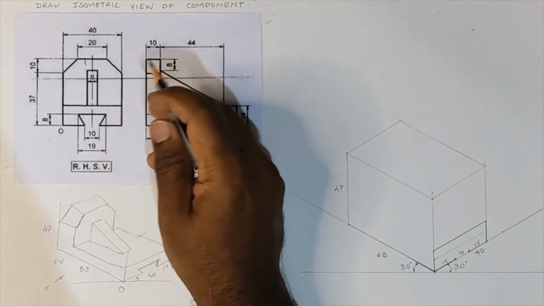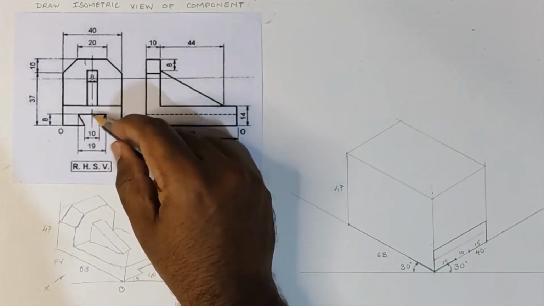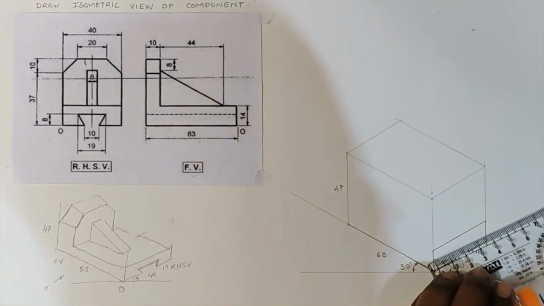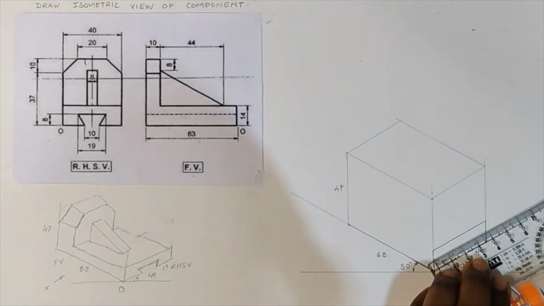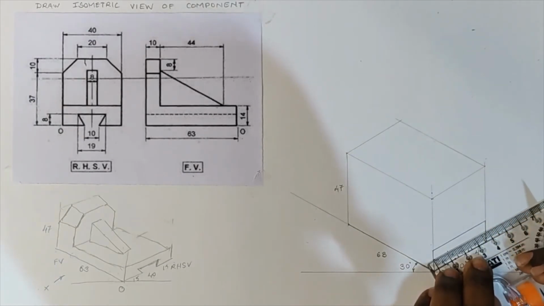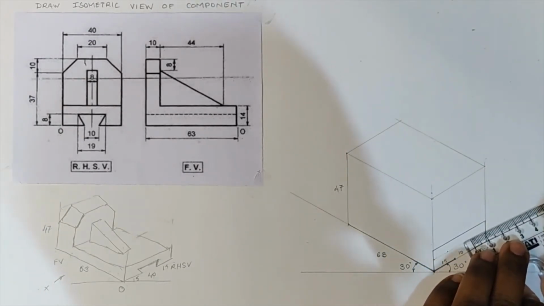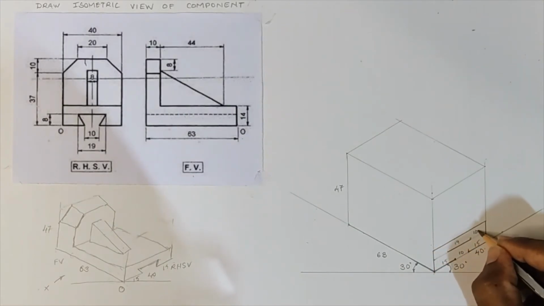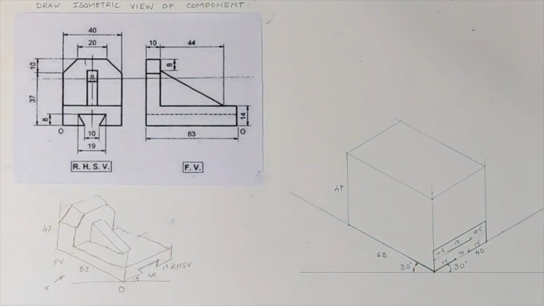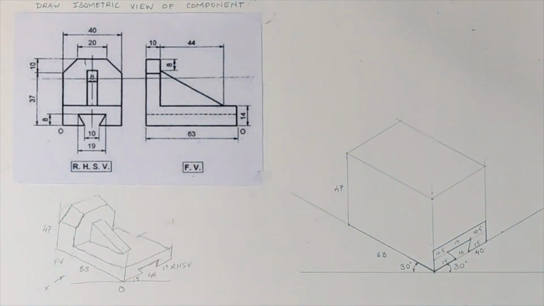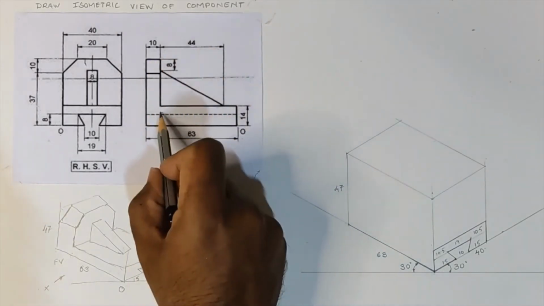I'll be taking distance of 10.5, 19 and 10.5. Through calculation I have done it. So I'll mark a distance of 10.5 mm. Then from the other side I'll again take 10.5 mm. So the mid distance would be 19 mm. So I darken the 19 mm line. So I'll join the corners like this to complete the slot, and now I move on to the